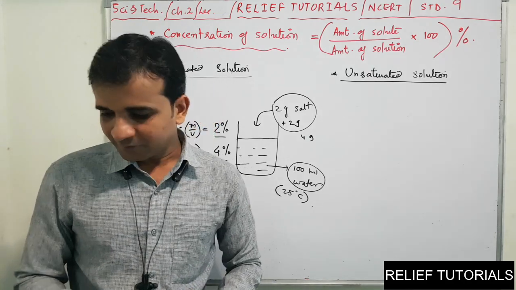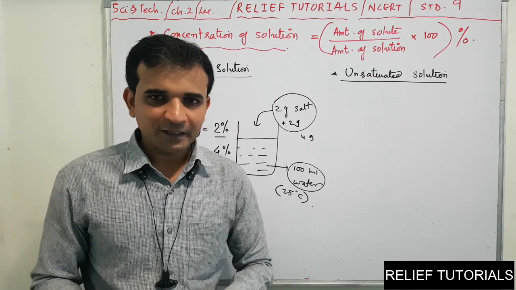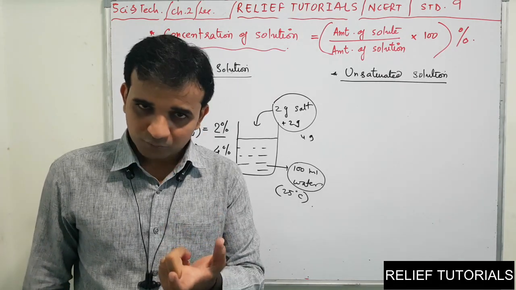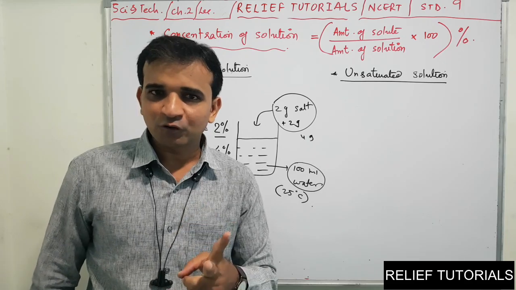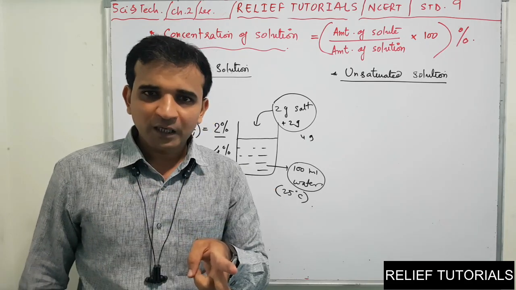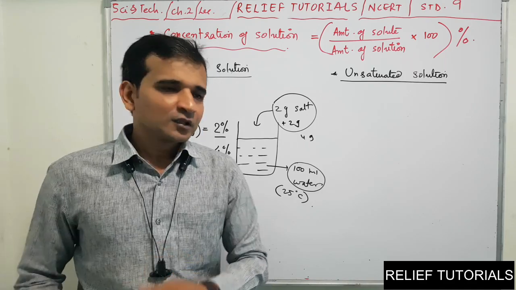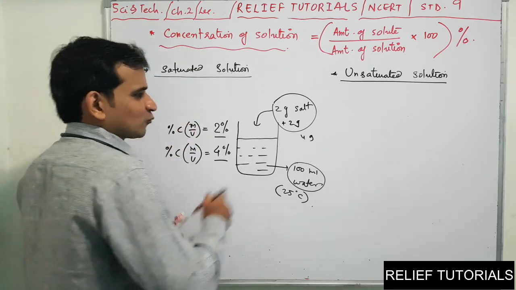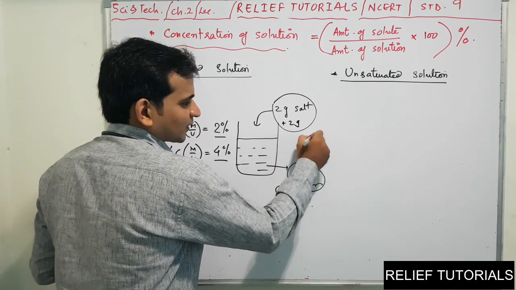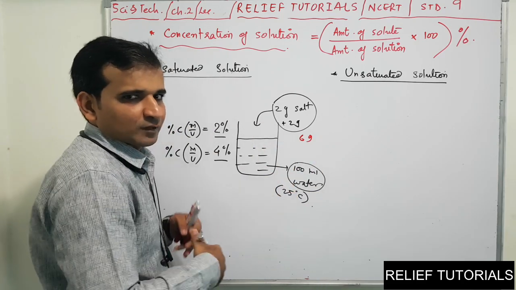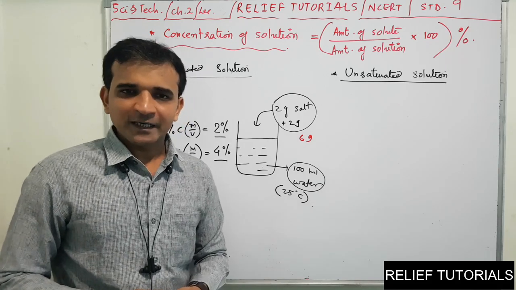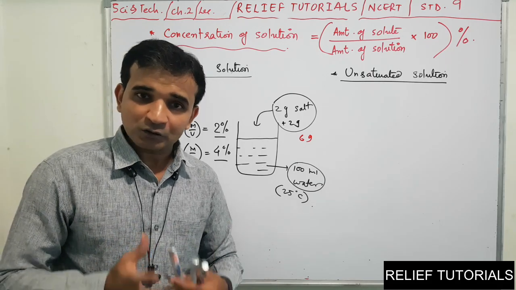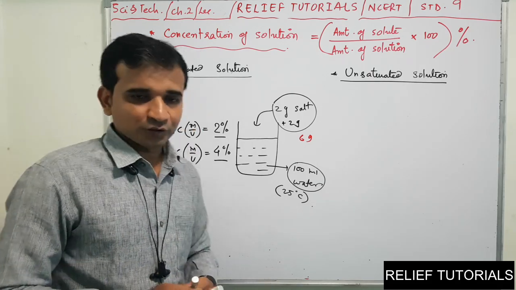You can perform this activity at your home also. You can take 100 ml of solution, add 2 gram, stir it very well. You will see that the 2 gram salt is dissolved. More 2 gram, again that may be dissolved. So if you are adding continuously 2 more grams, so let's say 6 gram total mass, then plus 2, it becomes 8. So what do you think? Whatever the amount of solute you are adding continuously, will all that mass of solute be dissolved in the solution?